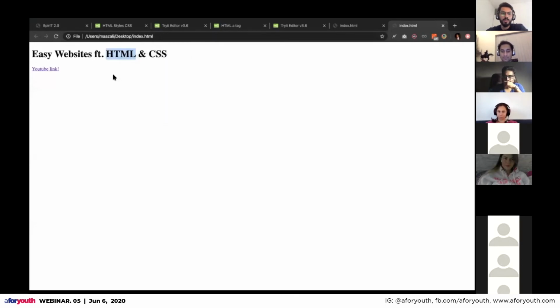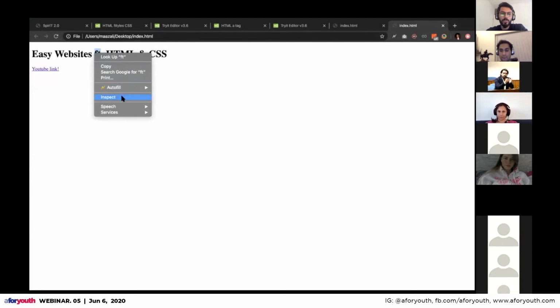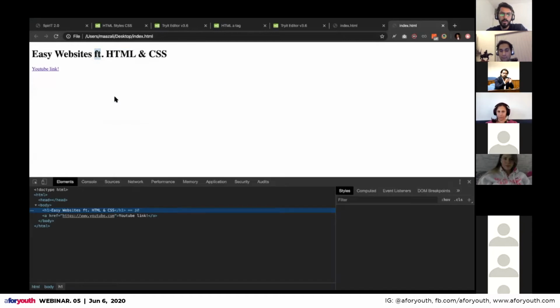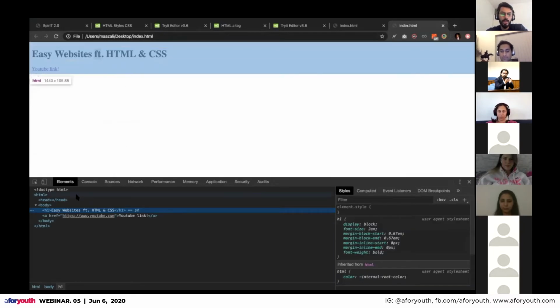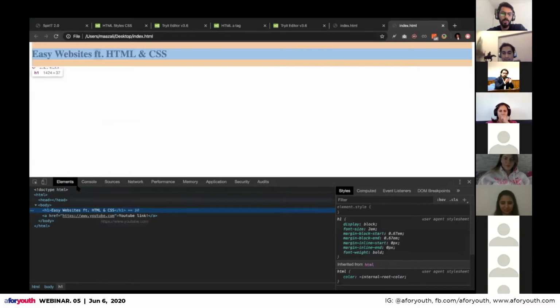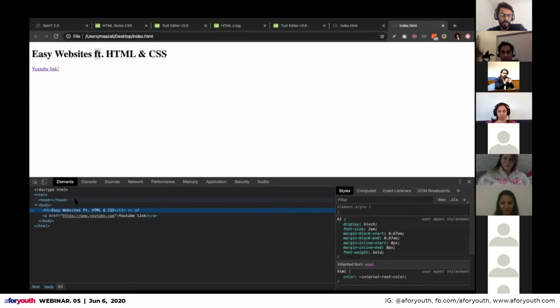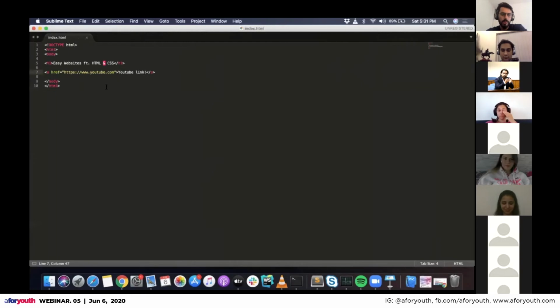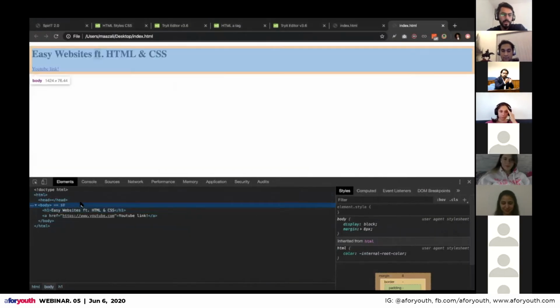Now what's actually cool is to inspect this file here. I guess you all use Google Chrome, and when you right click on your Chrome window, you can see this inspect element. When you open it, you can see these elements, and whatever we had here is represented here as well.